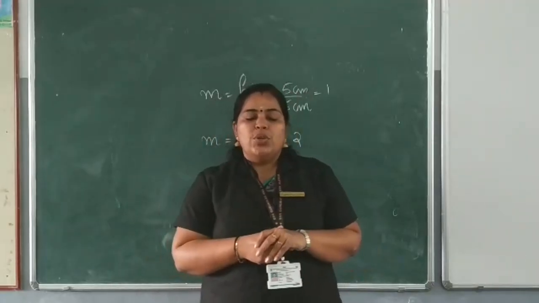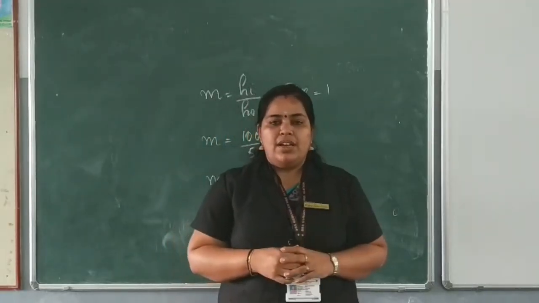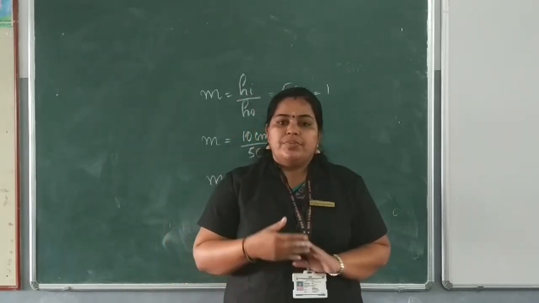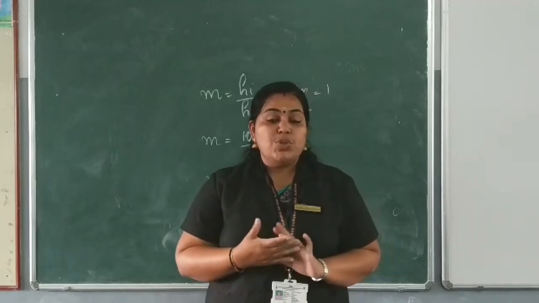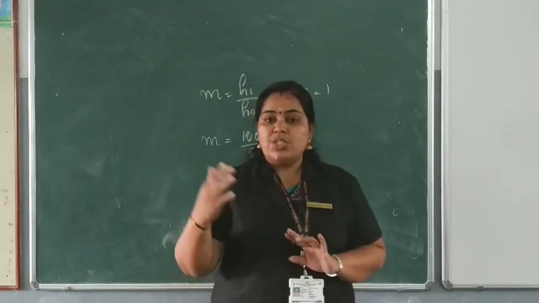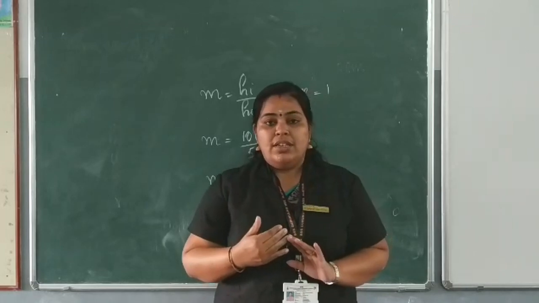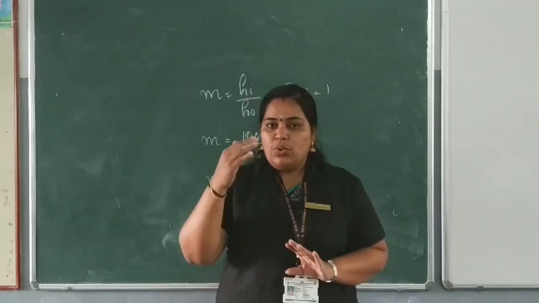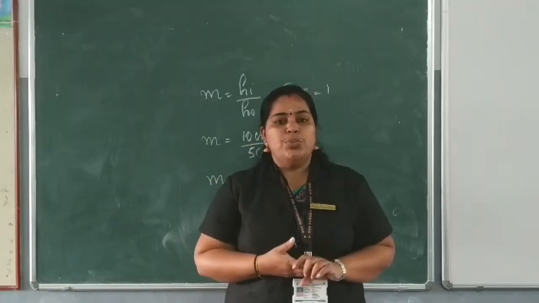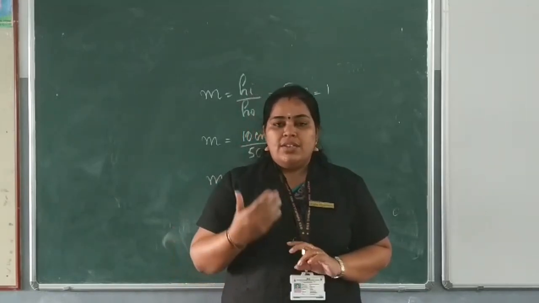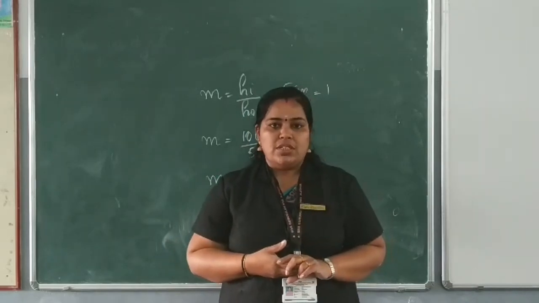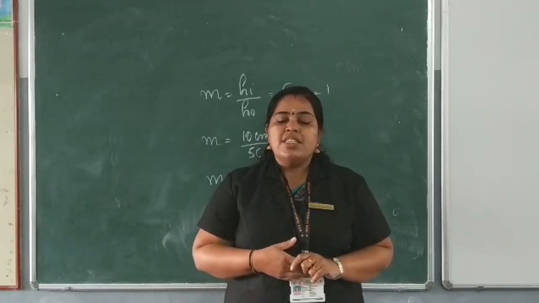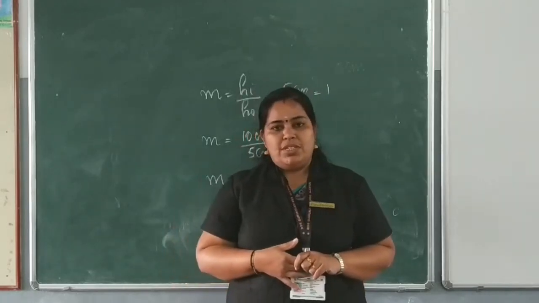So I hope you have understood the topics which we have discussed today. We have discussed how to find out the focal length of the mirror, the distance of the object from the mirror, and the distance of the image from the mirror using the mirror equation. So go through these formulas, try to do more problems, and we have also discussed magnification. So that's all. This chapter is over. See you all in the next class with a new chapter.